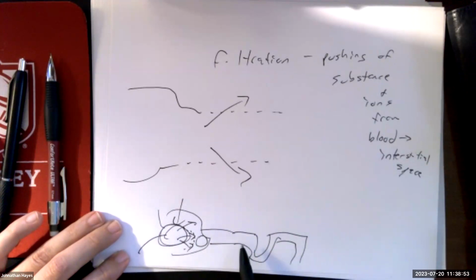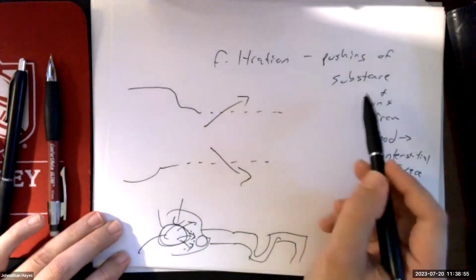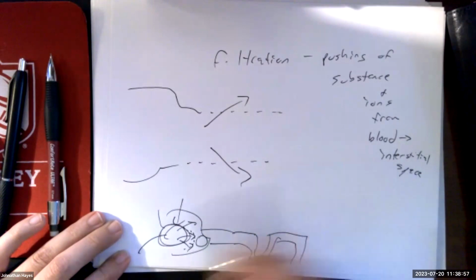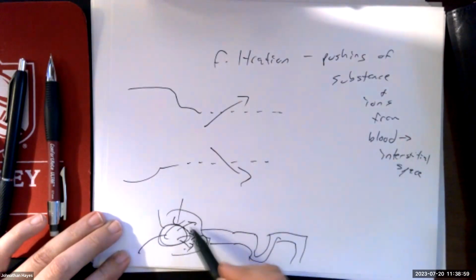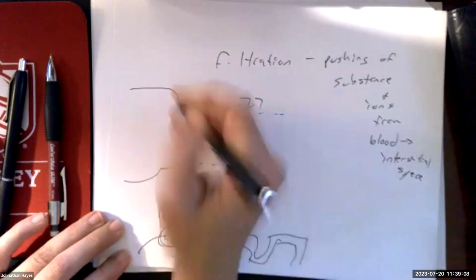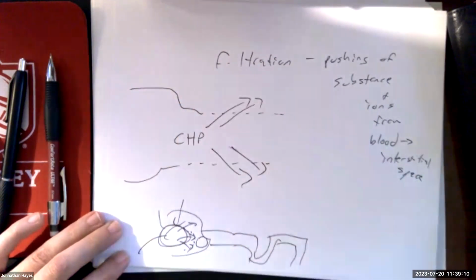We shouldn't see big things. But instead of pushing substance and ions to the interstitial space, we're now pushing substance and ions from the glomerulus into the Bowman's capsule. That's going to capture it, right? We still have to have a pushing power. So what's causing this pushing is CHP. So what is the main driving force for filtration? The main driving force for filtration